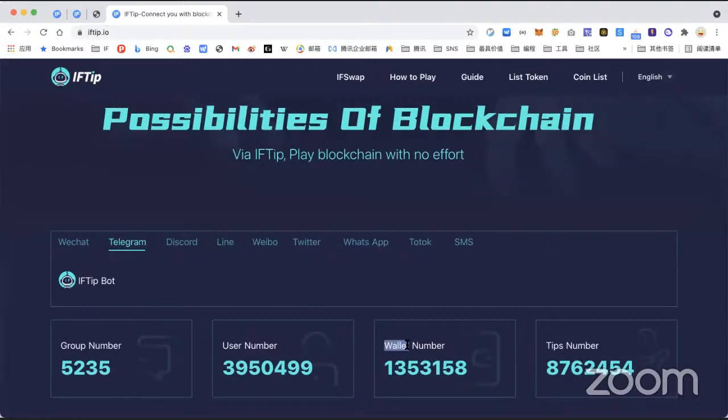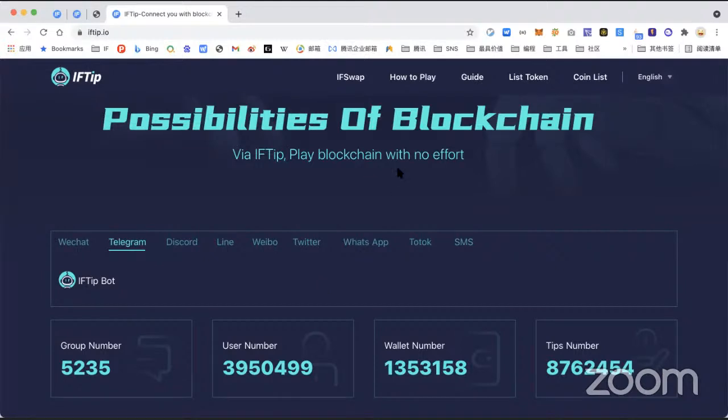So far we created 1.3 million wallets for all users. You can use it to airdrop or tip your friends, or use it like a wallet, just deposit or withdraw your funds in Telegram or Discord.